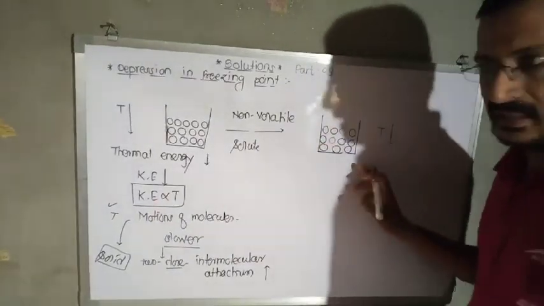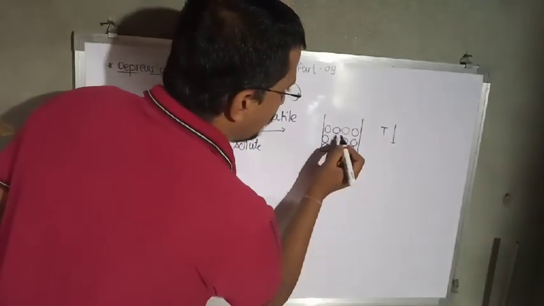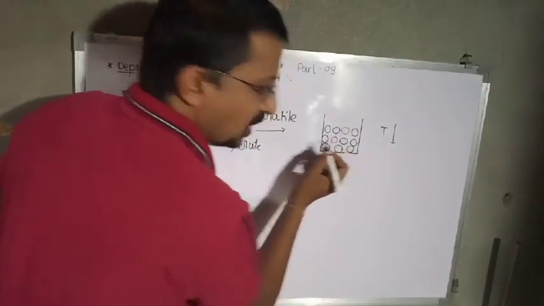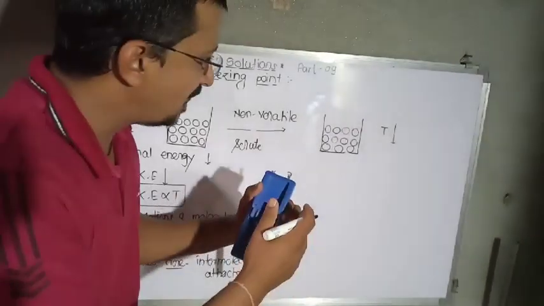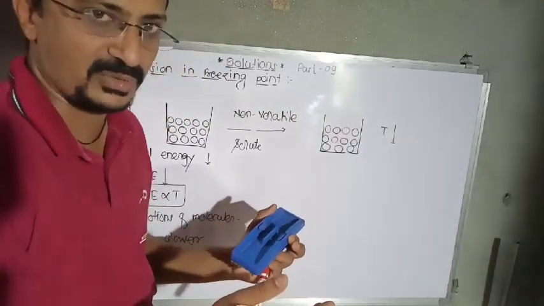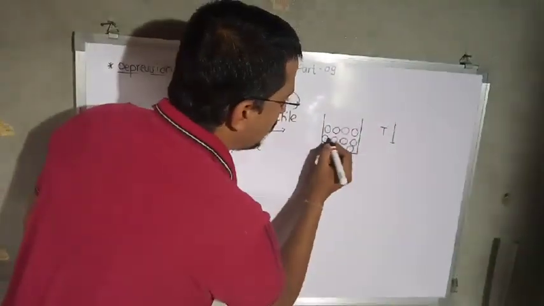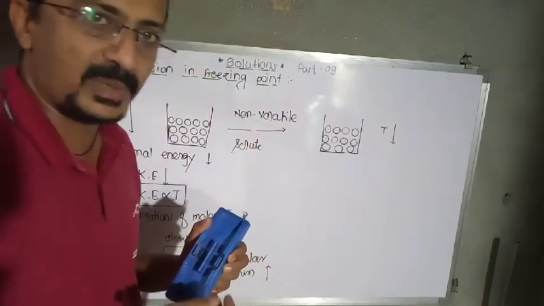But in this case, the intermolecular force of interaction between two solvent molecules: the solvent molecules are very far away from each other, because in between two solvent molecules there is a solute